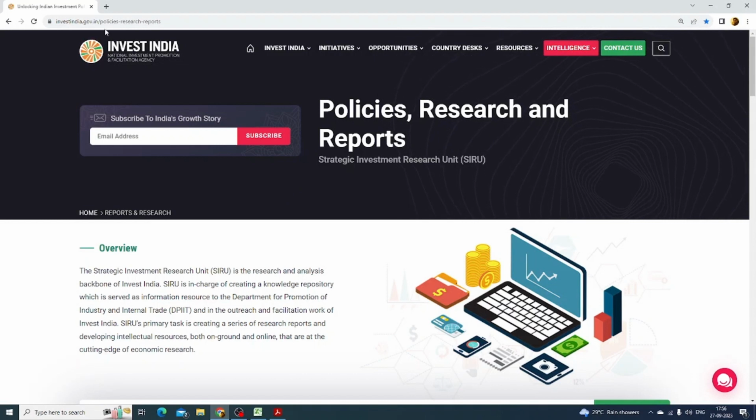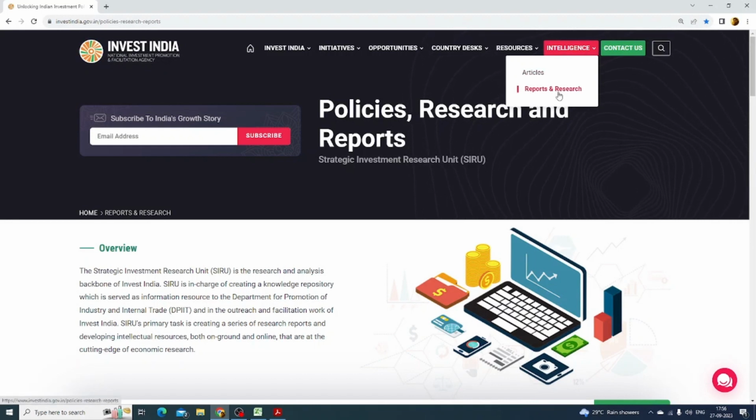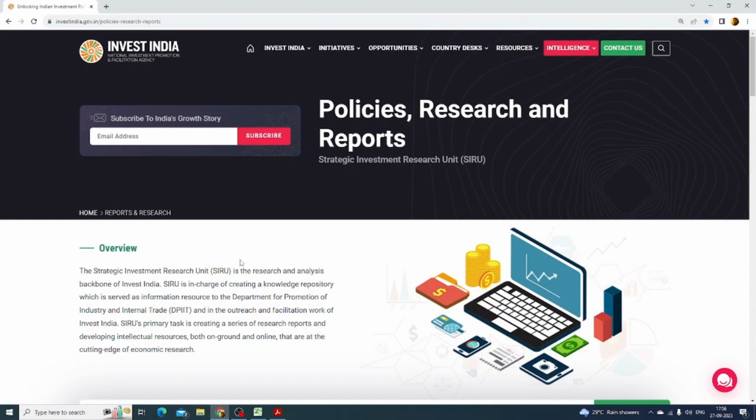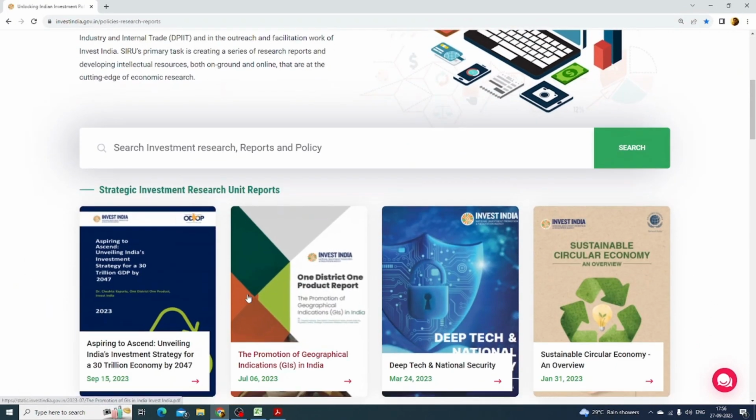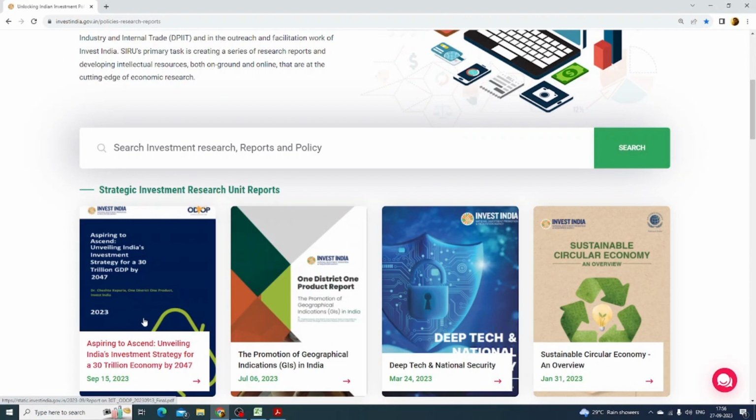Currently I am on this website, Invest India. On the main menu, if you go to Intelligence, you find Reports and Research. If you open this, you'll come to this page, and I am interested in the latest report published just a few days before, on September 15th, which says India's investment strategy for a $30 trillion economy